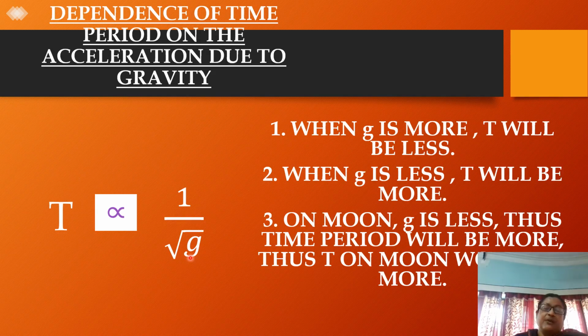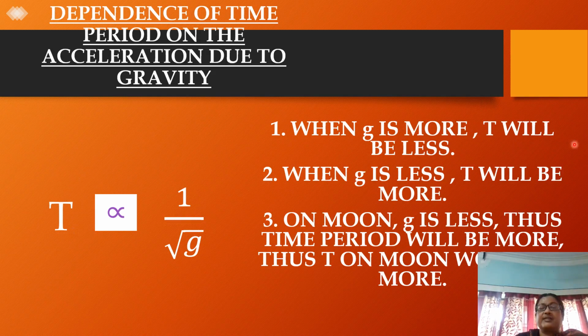If you remember, we had discussed that the acceleration due to gravity on the moon is 1/10 of what it is on the earth. So obviously, if you have a lesser value of g here, then the value of T is also going to be more. So lesser g, more T. Clear? So we now have two relations for time period. The first one was that time period is directly proportional to the square root of the length, and time period is directly proportional to 1 by root over g.